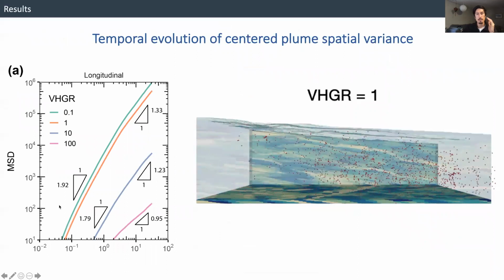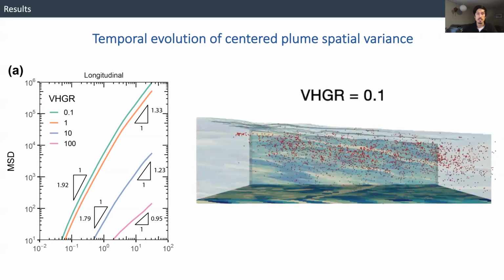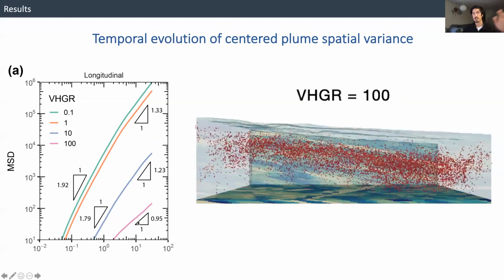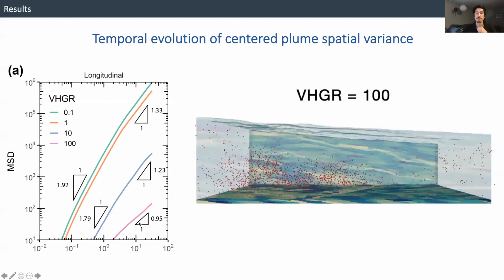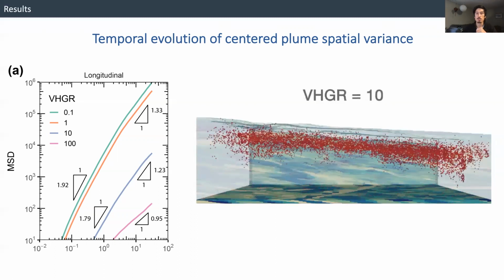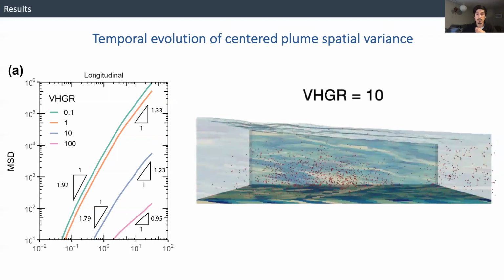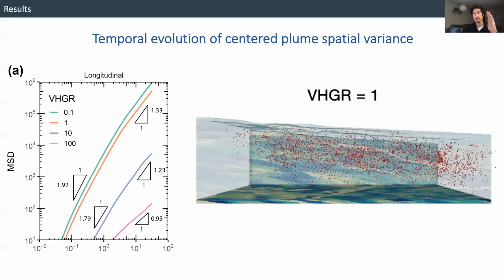And recall, an MSD slope equal to 1 means Fickian scaling. In the longitudinal direction, we see the magnitude of the longitudinal MSD increases as flow is more horizontal. So as you go from pink to green, the actual magnitude, the spatial variance, is much bigger. And as flow is more horizontal, early time scaling is more super diffusive, and the late time scaling starts to